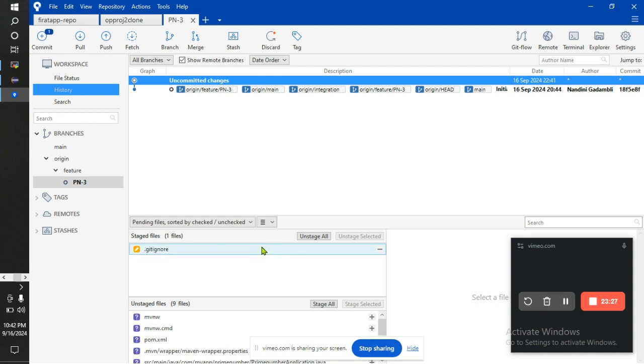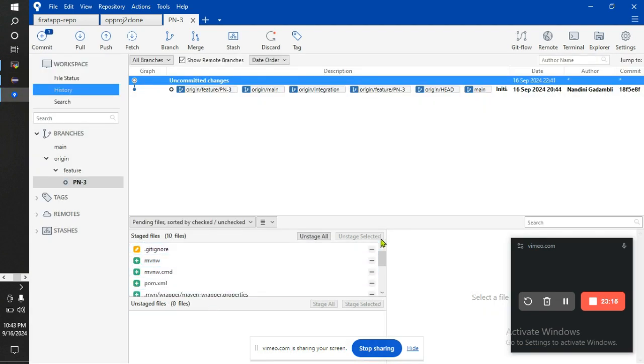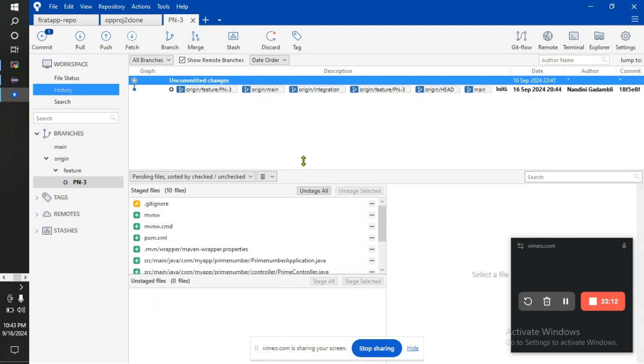It is staged, and the Maven file is going to be staged. If we want to stage all the files, click stage all, and all files are staged. After this,